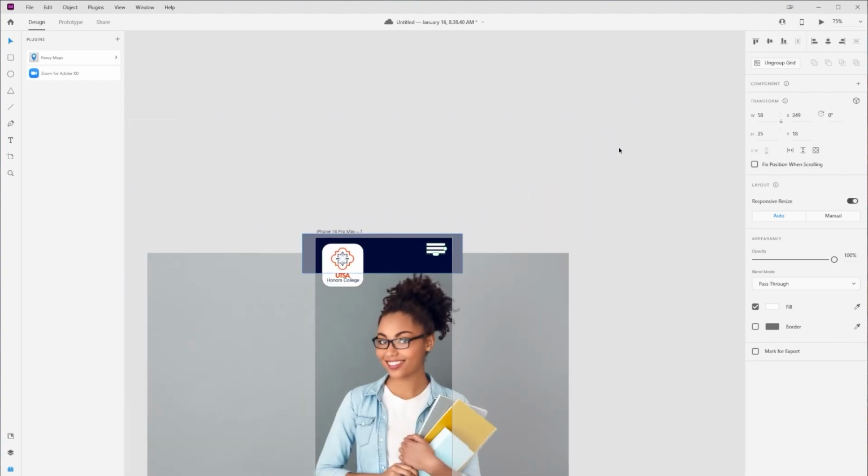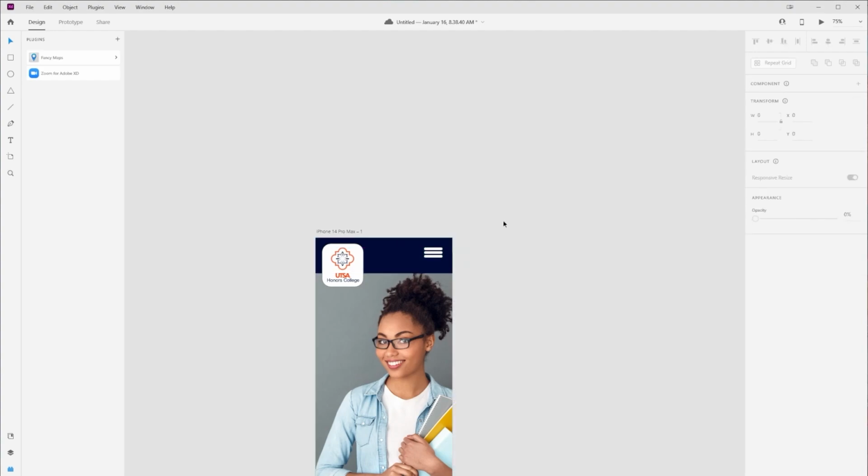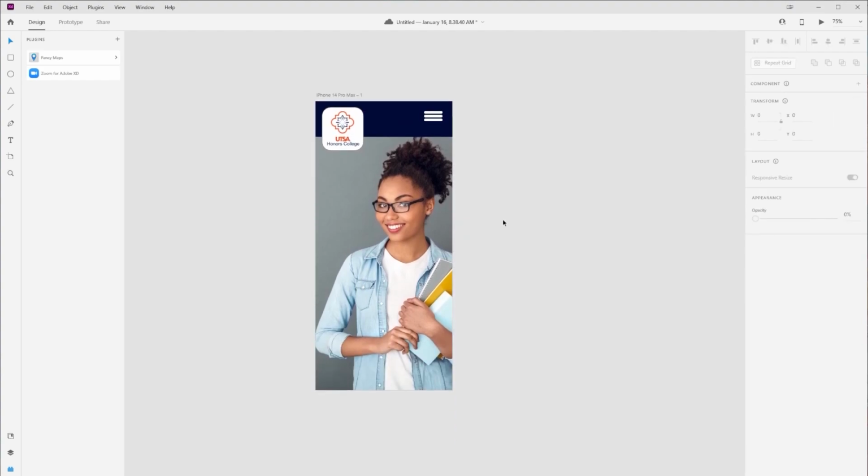Just Control minus to zoom out. And then I'm going to fix up that position a little bit. Let's call that good enough for the sake of demo. All right, so now I have the start of my piece. And what I want to start doing now is building content. What I always like to do is build out content before I build out the prototype.